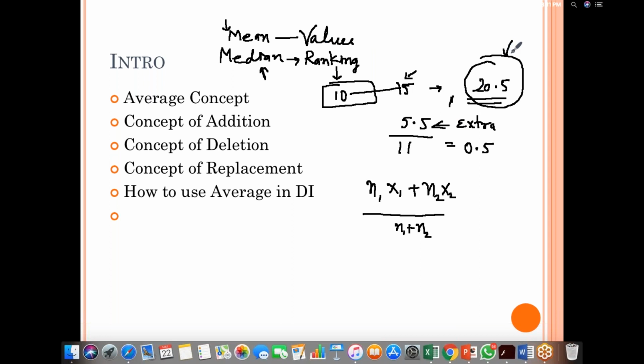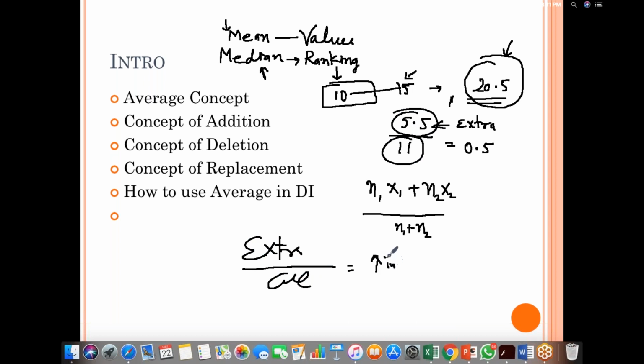If the new person is more than average, then the extra part will be divided among all members, including the new one. This is my increase in average, right? So if the person is less than that, let us say the newer one brings just 9.5, so he is short of 5.5, so 5.5 divided by 11.5 will be deducted from the average.